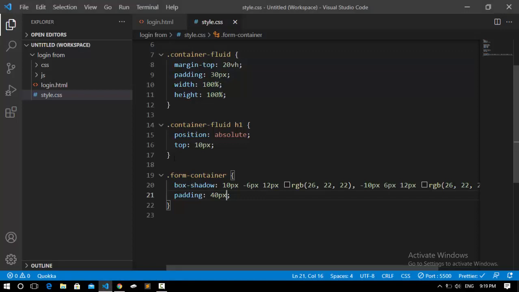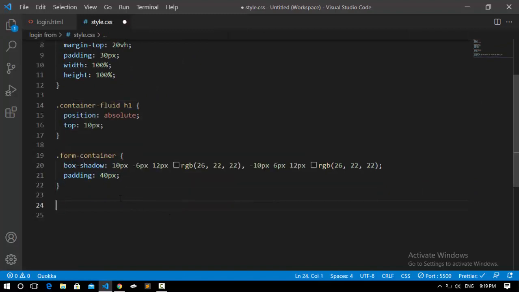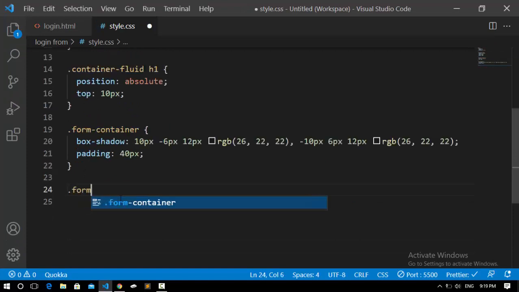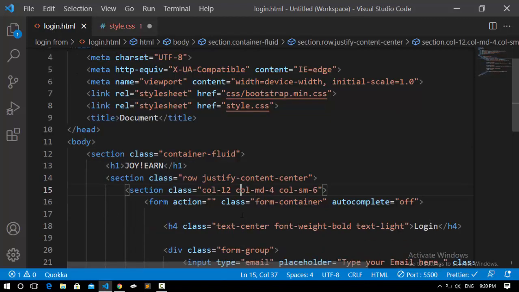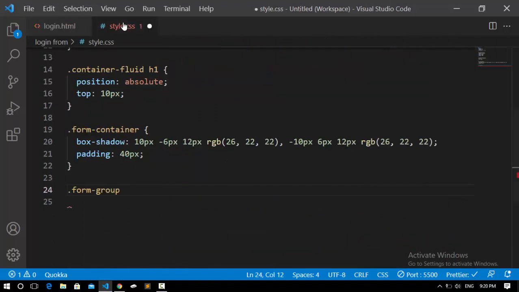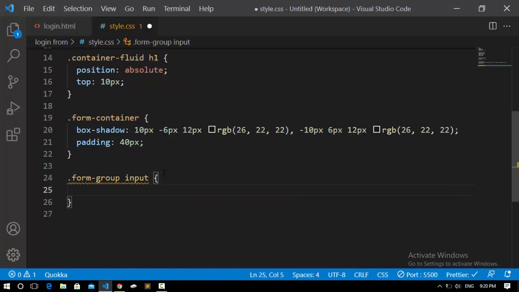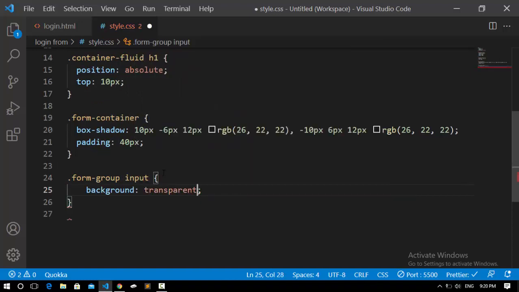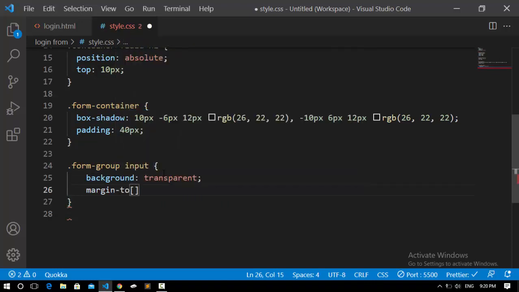So we're gonna select, I'm just gonna get rid of this ribbon, and here, if I make it a little bit bigger so you guys can see it. So I'm gonna say form and the form group. We select the form group, which is right here. And from the form group, we're gonna select the input itself. So let's say input, and we're gonna set its background to transparent, and its margin from the top is going to be